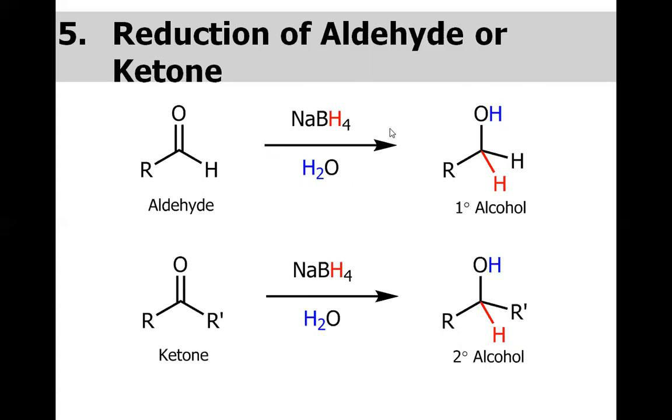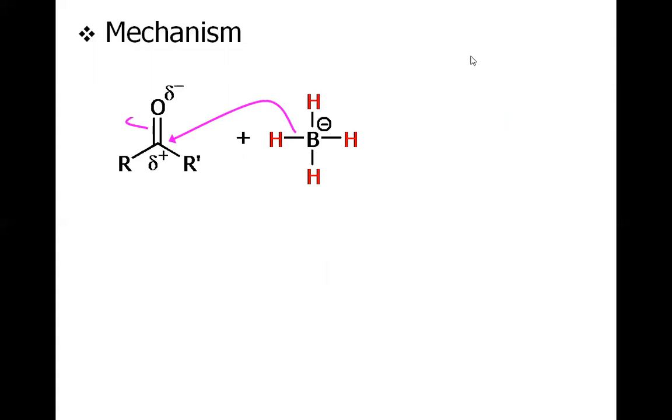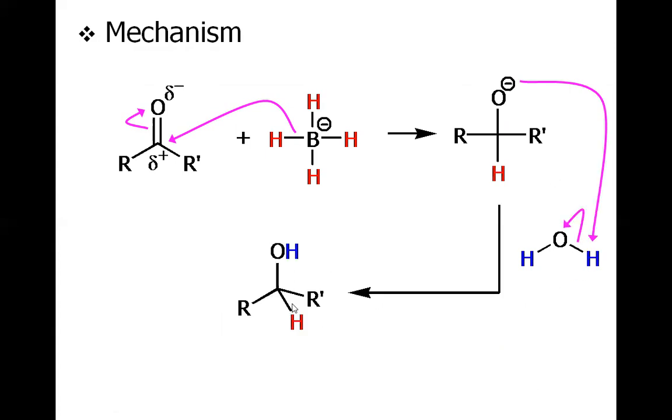And it is not necessary to use sodium borohydride. The same reaction may also occur with the help of lithium aluminum hydride, LiAlH4. Now see the mechanism. First of all, the delivery of the hydride to the carbonyl carbon, and with the breakage of this pi bond, we have this intermediate. This is oxyanion, which will be protonated with the help of water to have the desired alcohol. So if we have the two carbons here, as in the case of ketone, the carbon and carbon, we will have the secondary alcohol.